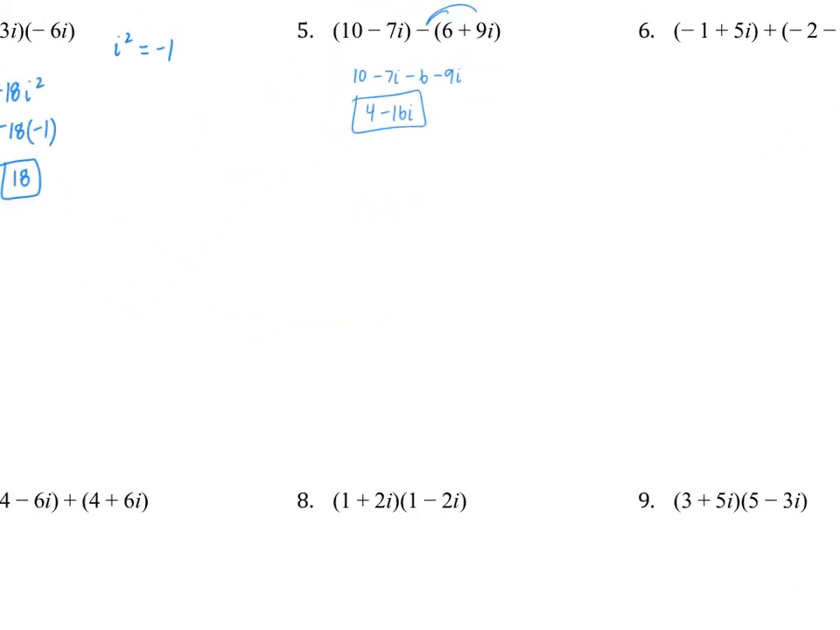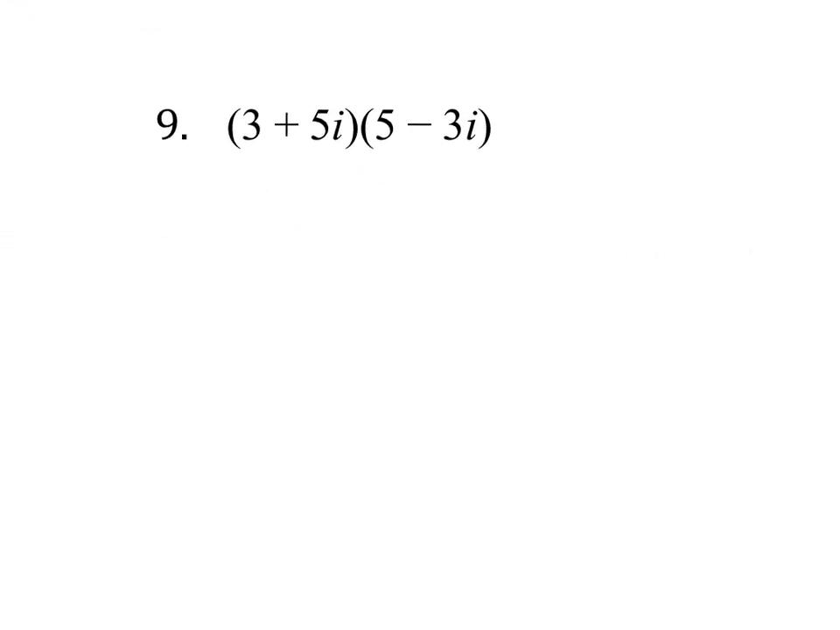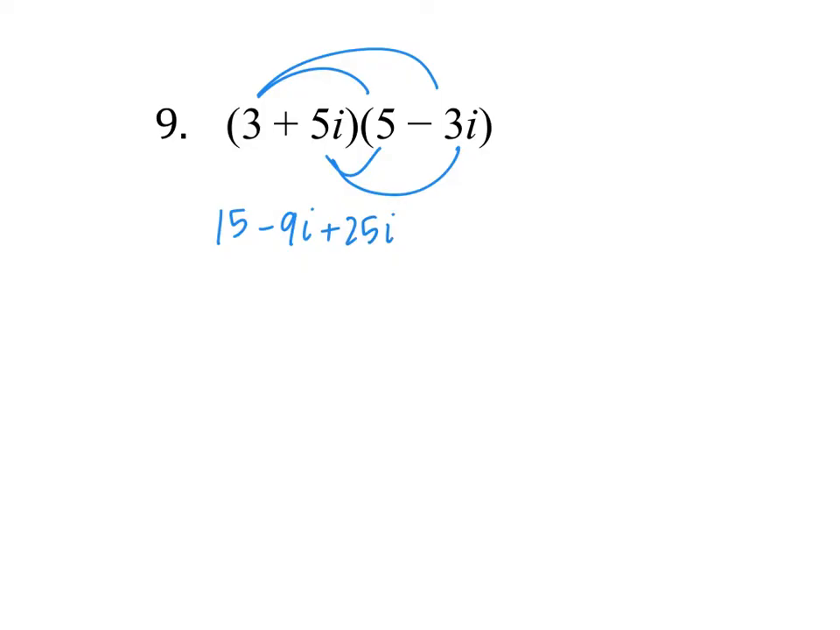Now, when I multiply two complex numbers together, and I'm going to actually do this one right here, I'm going to double distribute, just like I would normally. So I'm going to say 3 times 5, well, that's 15. 3 times negative 3i, that's negative 9i. 5i times 5 would be positive 25i, and then positive 5i times negative 3i would be negative 15i